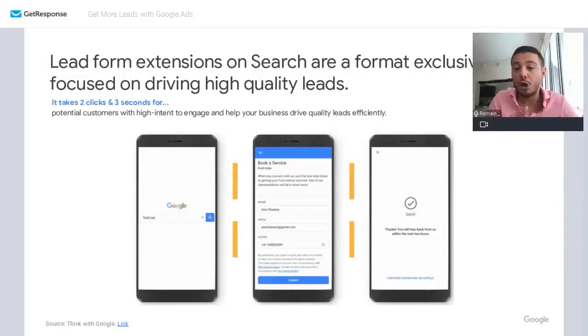So let's say you search on Google on mobile. It could be, I'm not a real estate agent, I'm looking for buying an apartment or renting an apartment in Miami, for instance. And you are a real estate agent. Thanks to this solution, when I type "apartment to rent in Miami," you will be there. The user clicks on the ad,